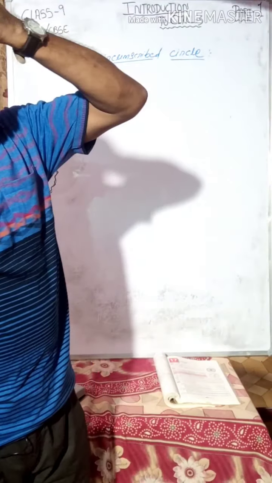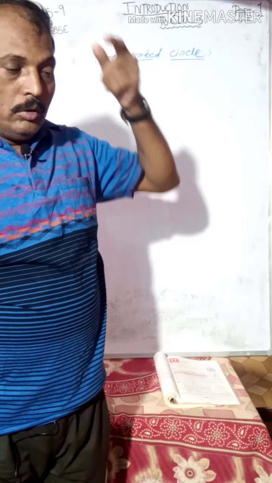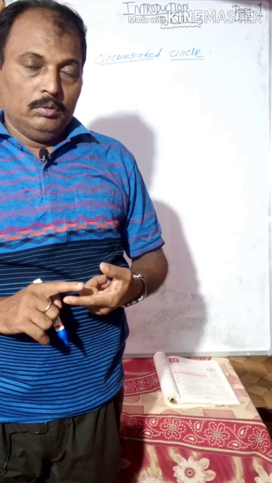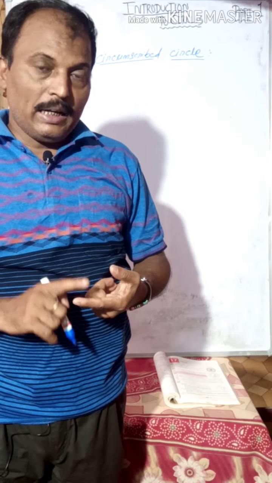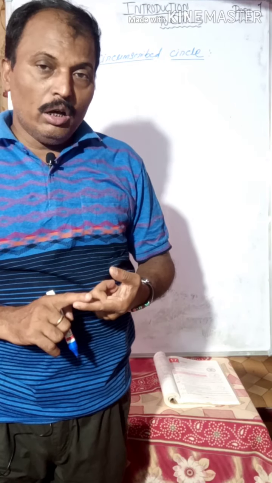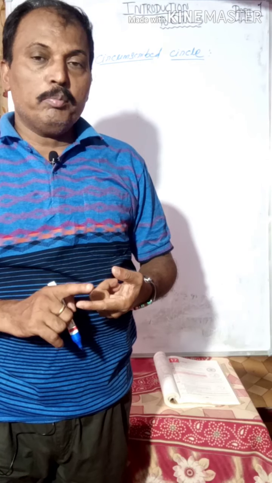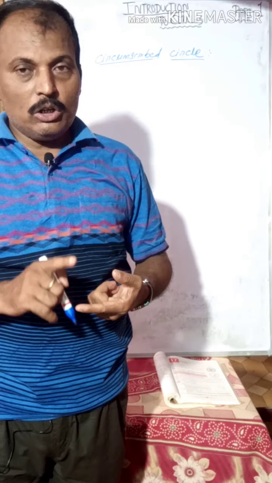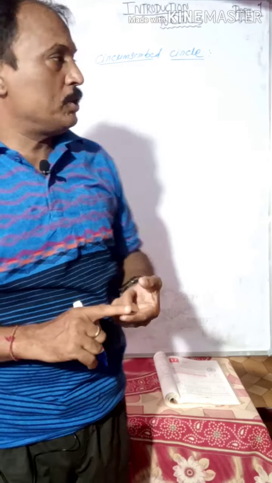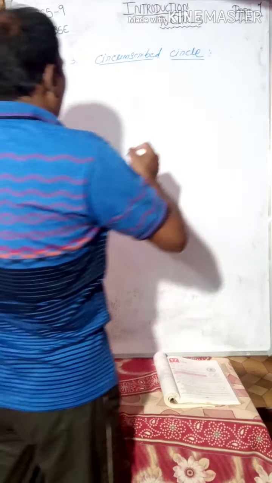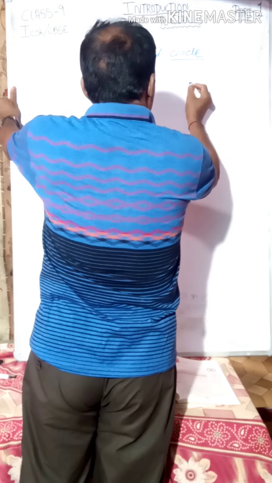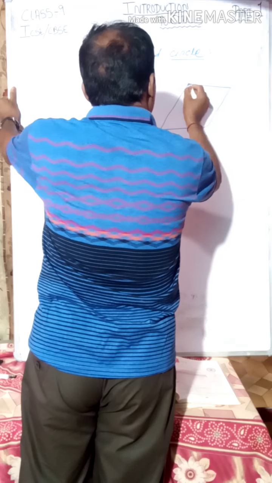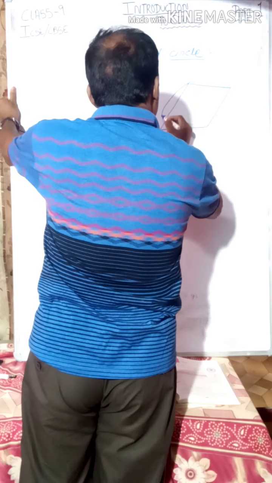Now look, the circle that passes through all the vertices of a polygon is called a circumscribed circle. Now take a look at the diagram. Suppose this is a polygon, it may be a triangle,